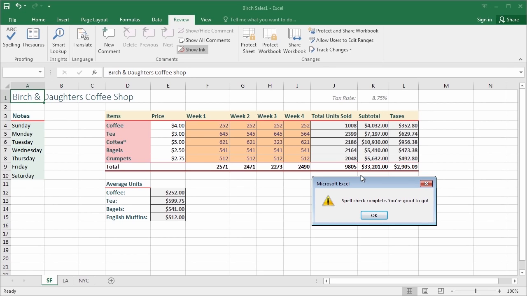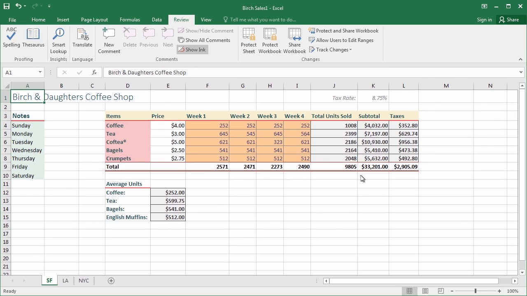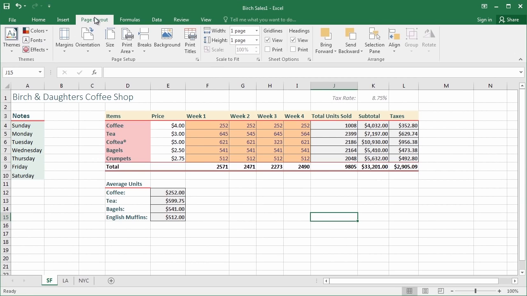And there I am. My spell check is now complete. Go ahead and spell check your own document and then come back. Now that we've spell checked the document, it's time to set things up for if we're going to print this